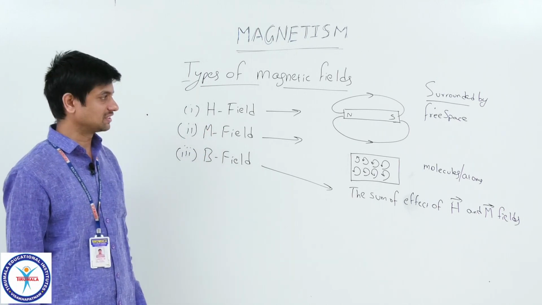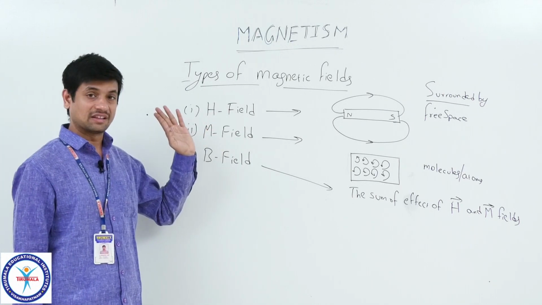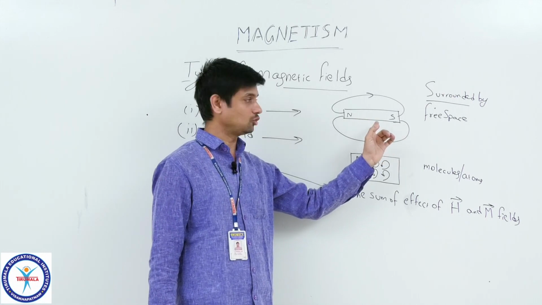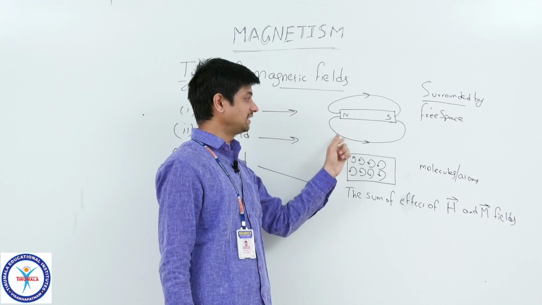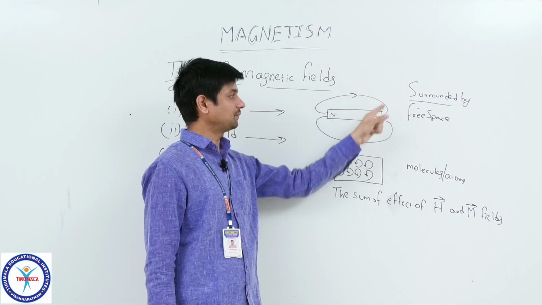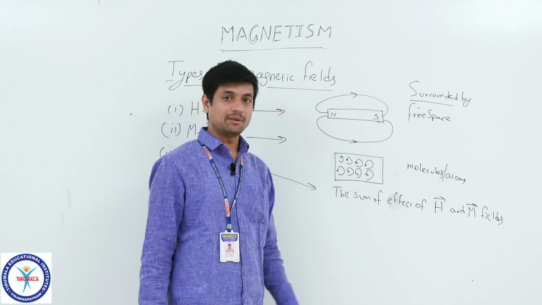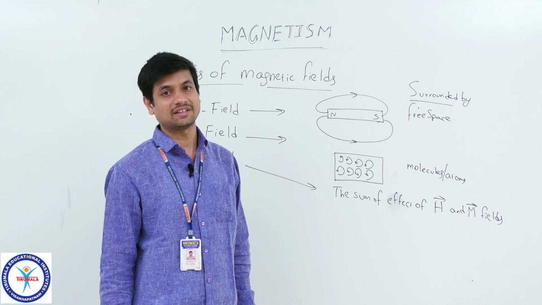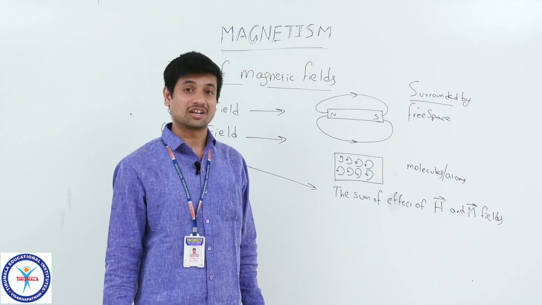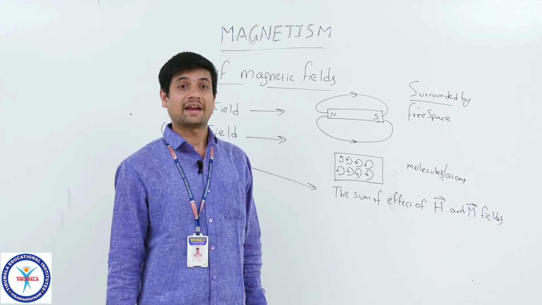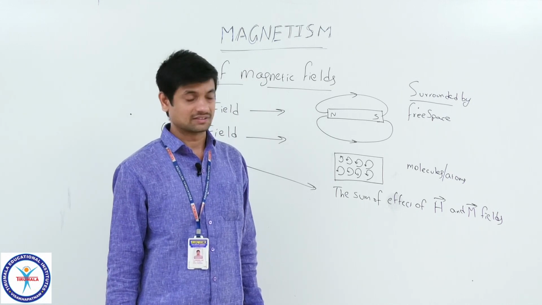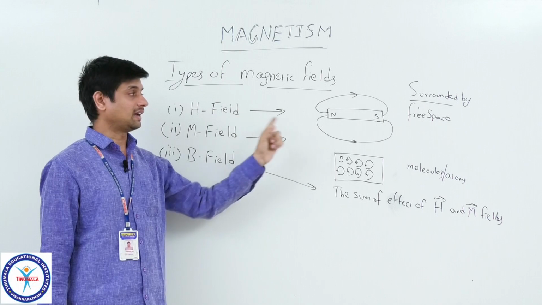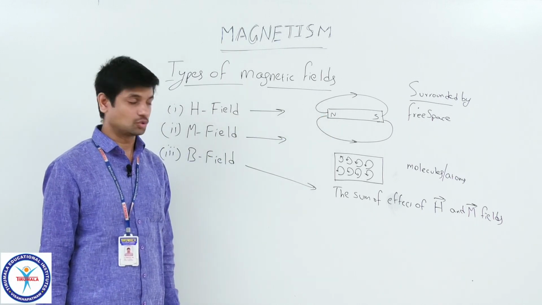H field and M field mean this is also a magnetic field, but the thing is, if a bar magnet or any circular current loop is there, then look at this, it is giving out magnetic field lines, but the surrounding medium is free space, meaning vacuum, nothing is there. No molecules, no atoms, so automatically no charged particles are there and no magnetization interference is taking place. That's why this is the H field, which is given by the magnetic source, okay.